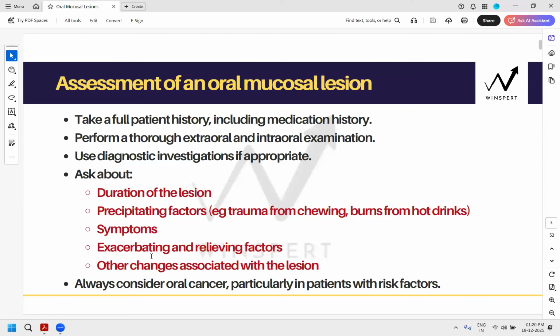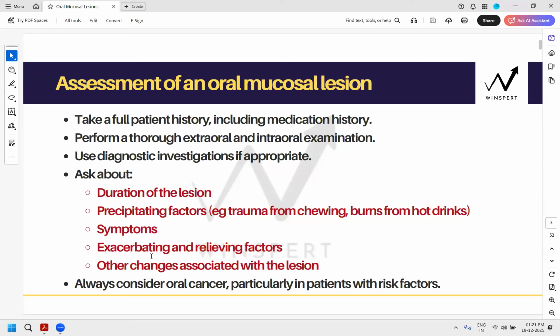So all this will not be presented to you in the exam as given, okay, like this patient has a lesion which lasted 3 weeks, it is a red flag, what will you do? They are going to retain information from you to some extent and give you only limited information, and they would require you to think. If the duration is greater than 2 weeks, then it's a red flag. Or if the patient's age is 50s, 60s, it's an elderly patient. Is it a risk factor for cancer or not? So with any oral leukoplakia and a patient's age in the 60s or 50s, you should suspect oral cancer.